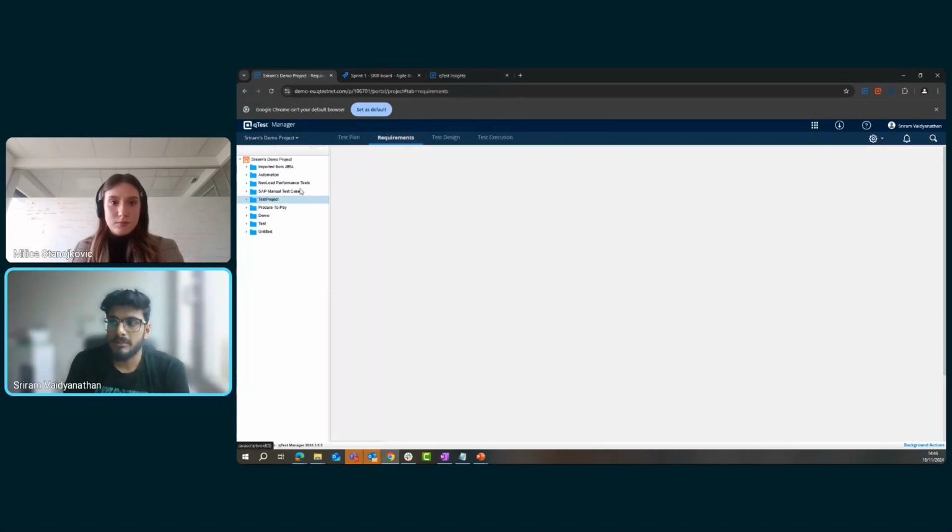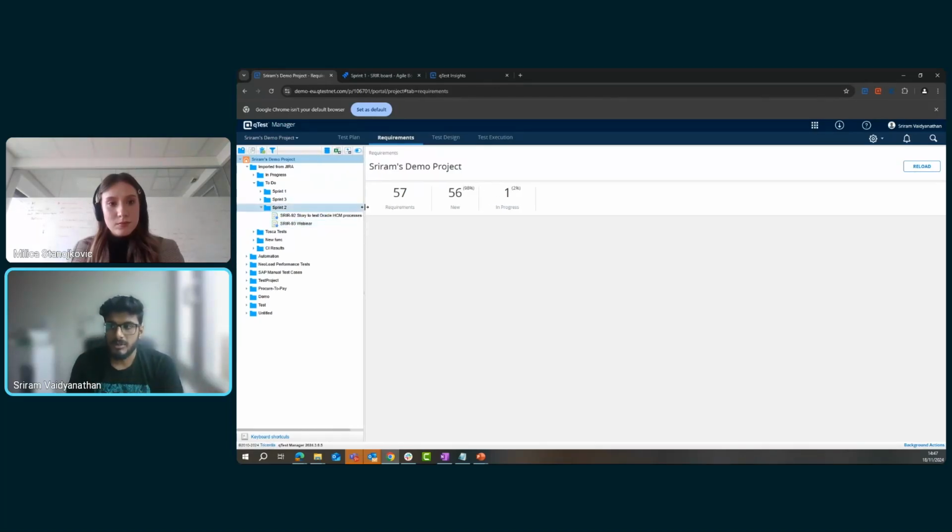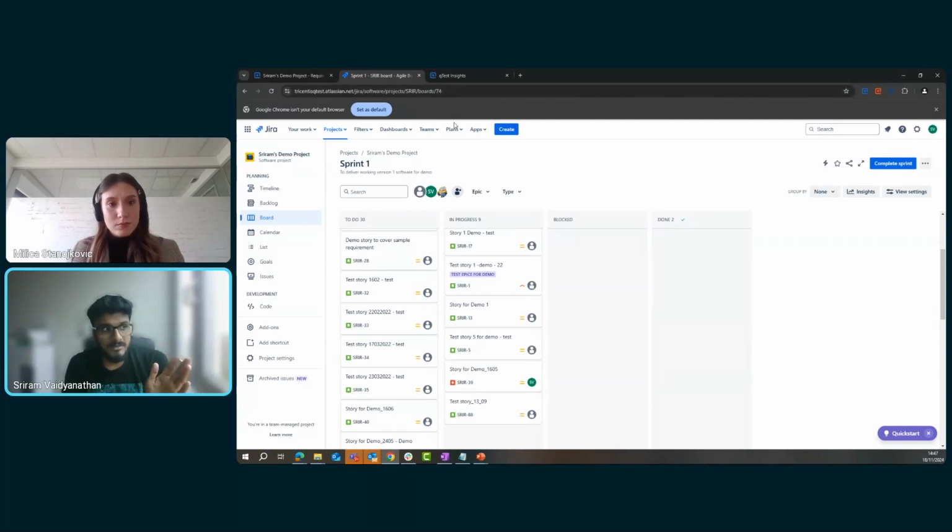And if I go into requirements, now you see the import from Jira. If you remember the folder structure that I showcased before, where I wanted to organize all my requirements based on the status first, there you can see the status. And once I open the status, you also see the sprint plan. So you can see sprint 1, 2 and 3, and all the stories would be automatically added into that particular point as well. And when I said that the integration is out of the box and it is instantaneous,